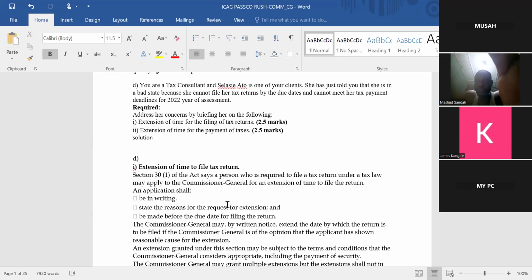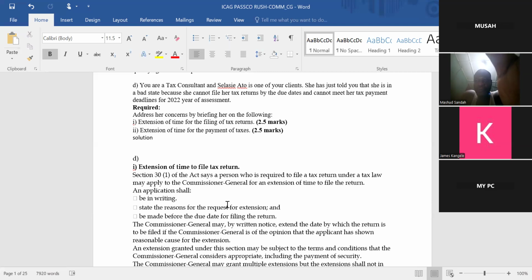So if these taxes are withheld in November, the law requires that on or before the 15th of December, Musa Company Limited have to, by law, remit all these taxes to the Ghana Revenue Authority. That is what the law says. So the date of filing and the date of payment is the same day. You file and you proceed to pay.